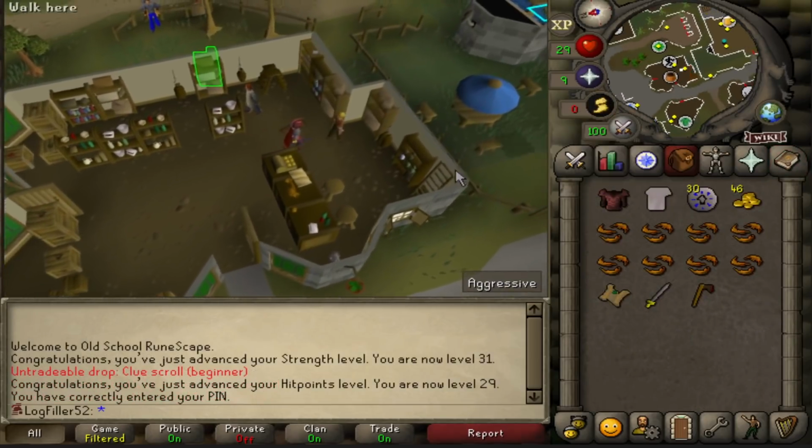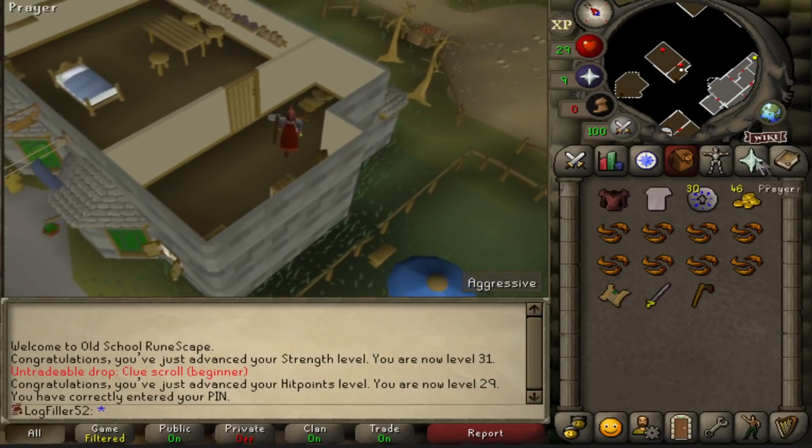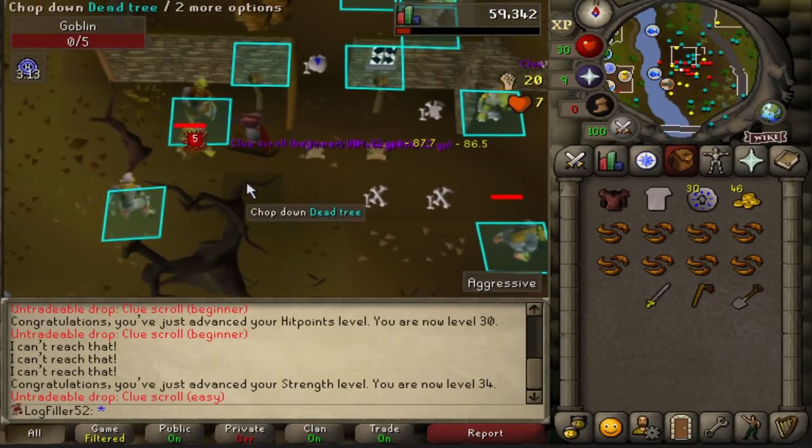And also, I completely forgot that now we've got Varrock unlocked, I can finally grab myself a spade from upstairs in the general store. So that way I've got slightly more of a chance of completing an easy clue as well. So a few hours of slaughtering goblins later, and after having another look over at the old school wiki,